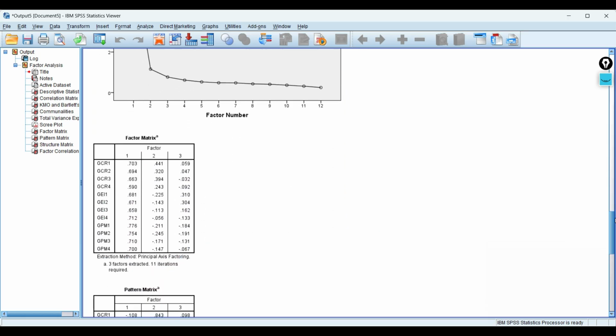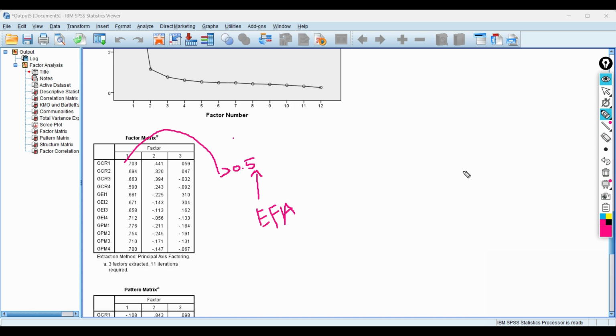Okay, now we see the factor matrix where we see the factor loading of each survey item. You can see 0.703 for GCR1, 0.694 for GCR2 as well. So it means all factor loadings of each measurement item are higher than 0.5, as suggested by Hair et al. 2019. The value of factor loading higher than that is good. So we have done